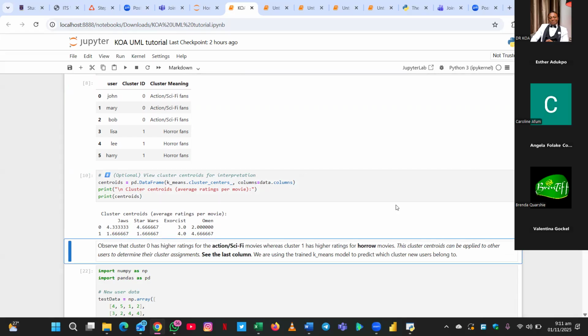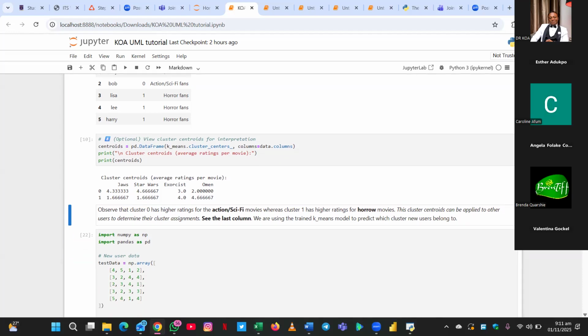So you are just trying to identify the center of the ratings. That's it, the center of the ratings. And you can see that for cluster 0, Jaws has gotten what? The mean, the centroid, is 4.3 for Jaws and 4.7 for Star Wars, which means that